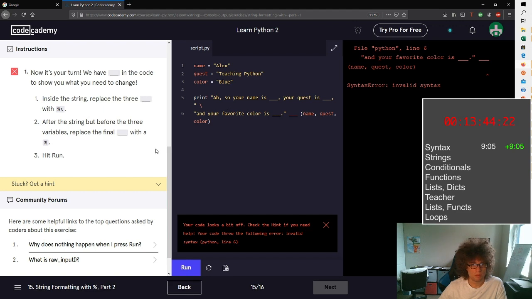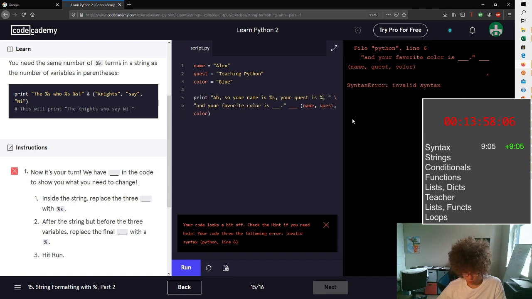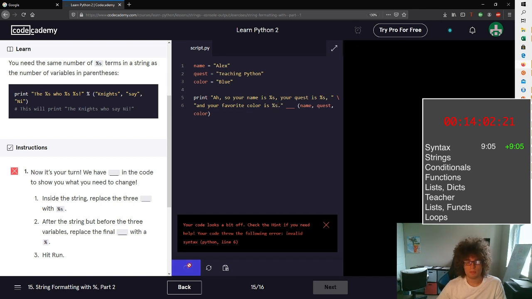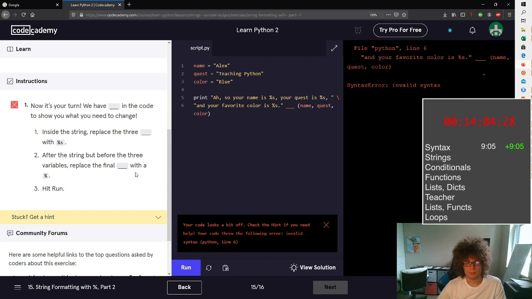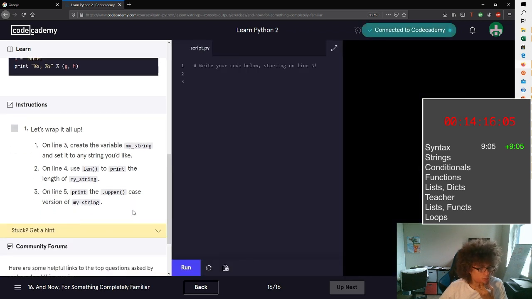This one, yeah, we had to replace this. So this is one of the actual other differences between Python 2 and Python 3. In Python 3, they use f-strings, and that's the way they do that now. And I think they're supposed to be more efficient or something. I honestly don't know too much about them, other than how to use them. But for these, you have to use these parentheses or these percent signs, and these are just placeholder variables. Pretty much, you just push that percent sign s in the middle of your string, and then